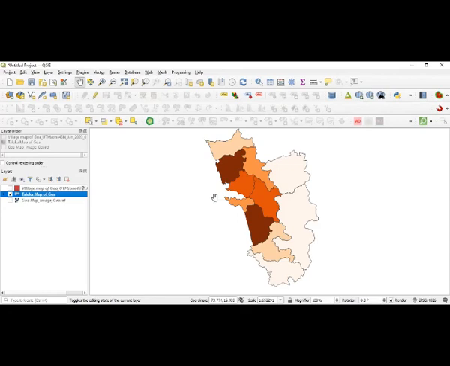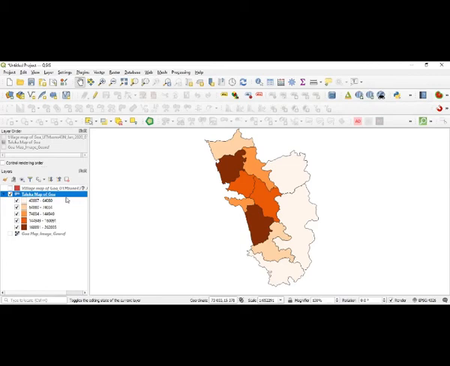But now you cannot see the legend here. If you want to see the legend in the layer panel, there is one small arrow mark on the extreme left of that layer. So click on that, and you will get all these, whatever layers are there. Here further you can edit them, but I think there won't be much time left for that, so I will directly go for one more thing here.